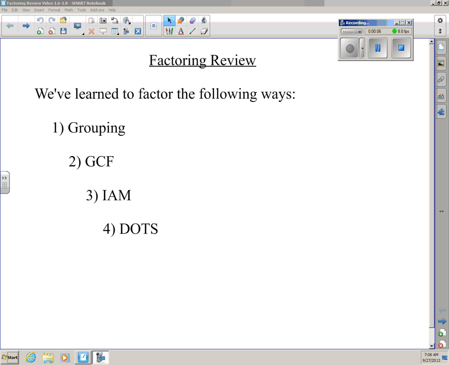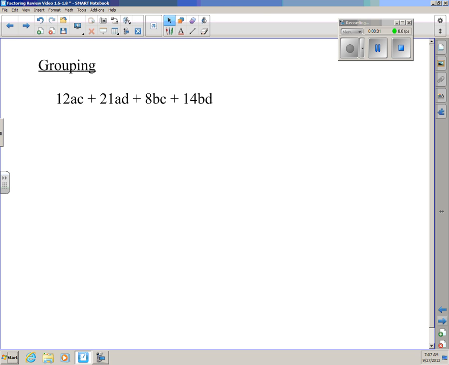This is the factoring review for Monday's quiz on 1.6 to 1.8. We learned to factor the following ways: by grouping, by GCF, by IM, and by DOTS, difference of two squares. So let's review one of each. So by grouping,